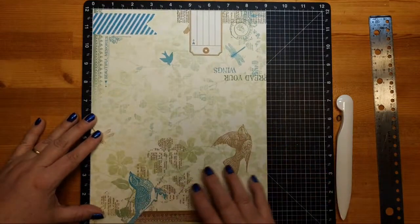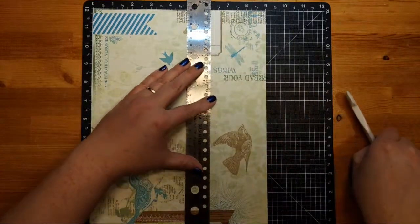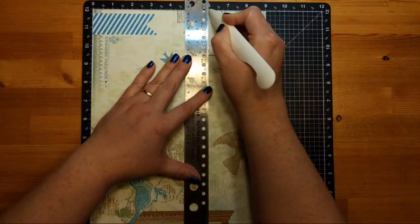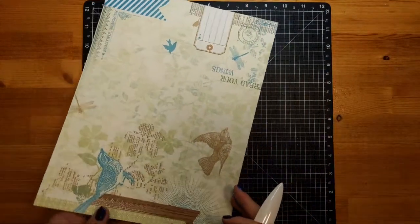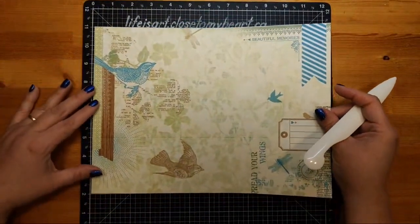So we're going to be scoring along the 9-inch side. And we're going to make only one score line, and that's at the 6-inch mark. So using our Versamat, we're going to line up at 6 inches and make a nice score line all the way across. Easy peasy, 6 inches. Then we're going to go back to our